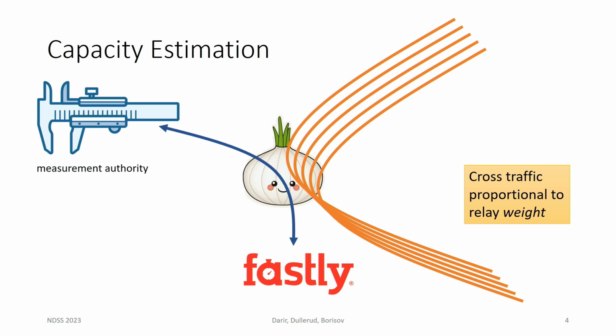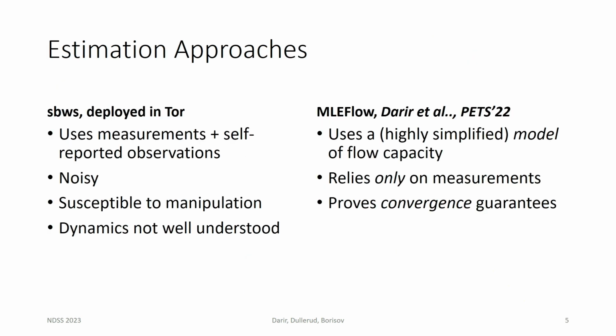Now, I want to talk about two previous approaches to capacity estimation. The first one is something called SBWS, which is deployed in Tor, and it's an evolution of a few different estimation approaches that's been deployed since about 2019. And it uses these measurements in combination with bandwidth that's self-reported by the relay itself. So there's measurements that are done by the network, and there's measurements that are done by the relay. It combines them, and